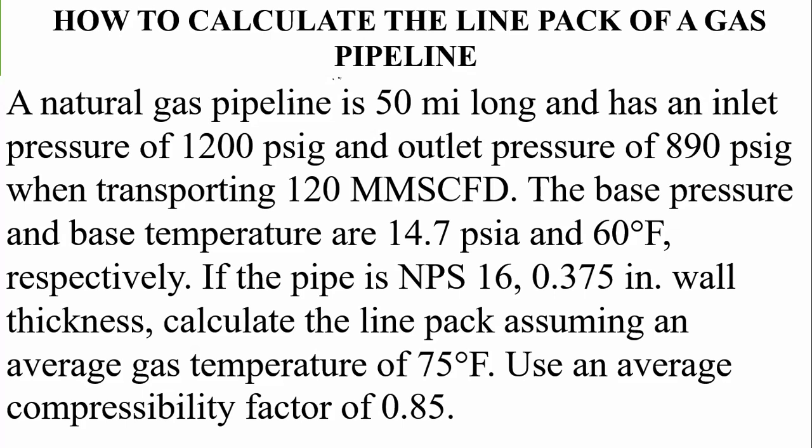If the nominal size of the pipe is 16 inches and 0.375 inches wall thickness. Now we are asked to calculate the line pack, assuming an average gas temperature of 75 degrees Fahrenheit, using an average compressibility factor of 0.85. Now, to calculate